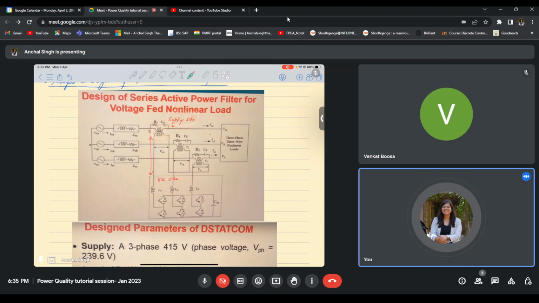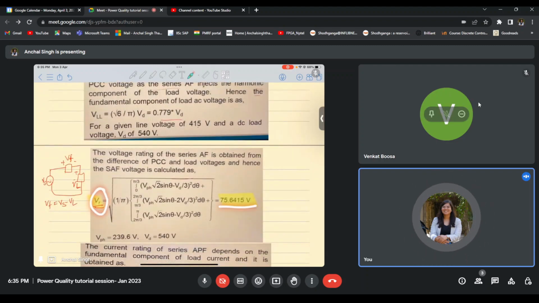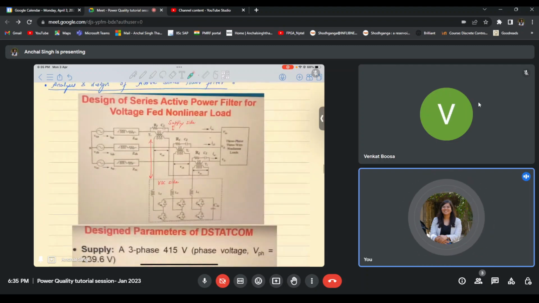We just found out that the value of VF that we need on the supply side is 75 volts. So now I know that on this supply side, the maximum voltage that I need my transformer to give is 75 volts. Similarly, for the voltage source converter side, using the DC link and the modulation index formula, you